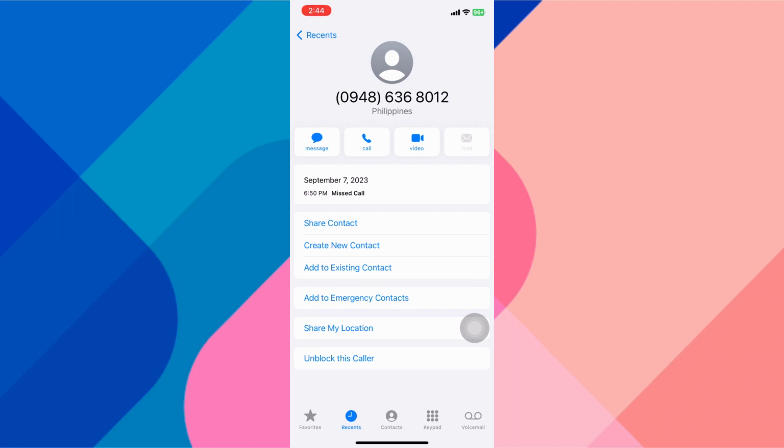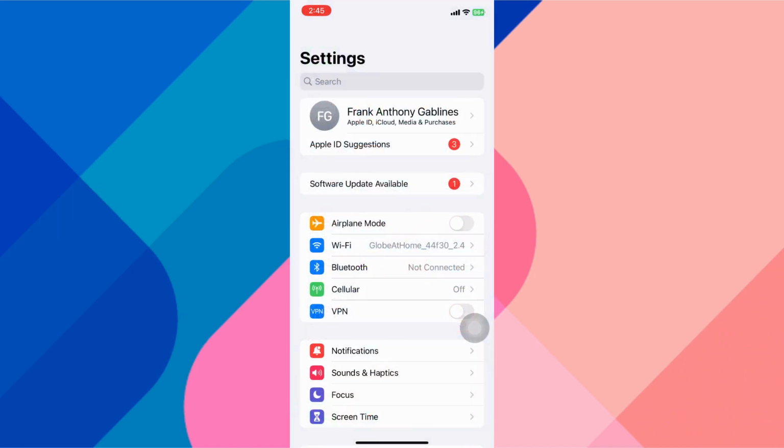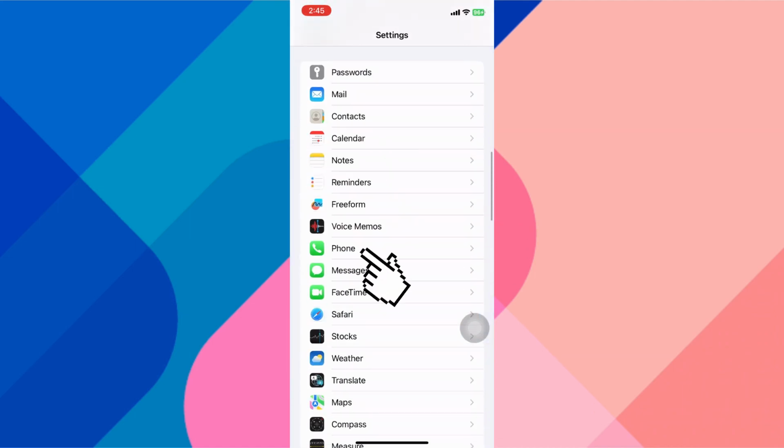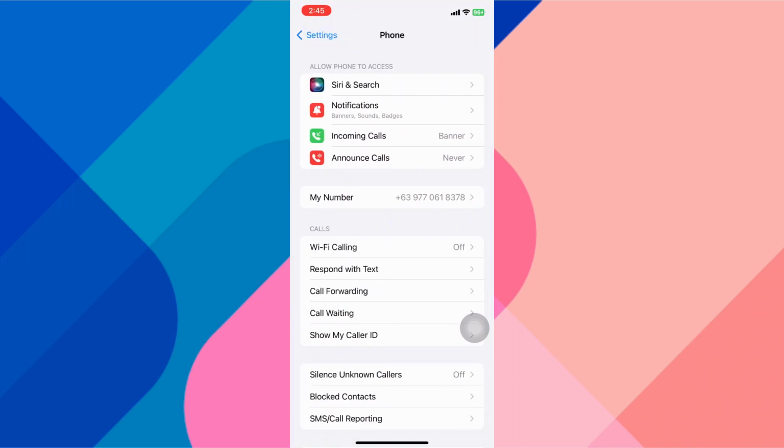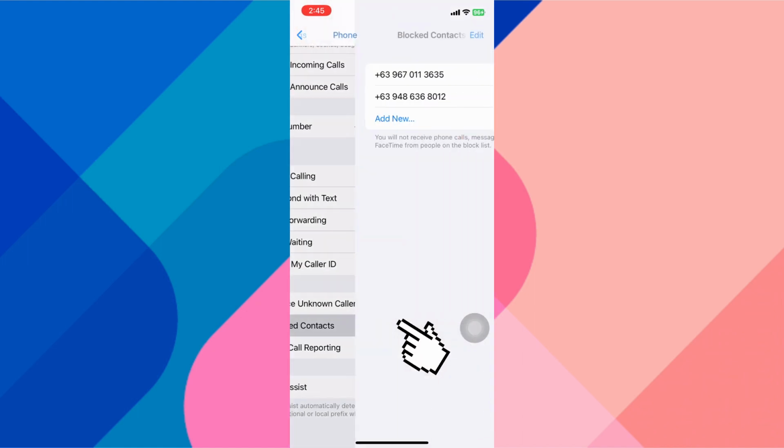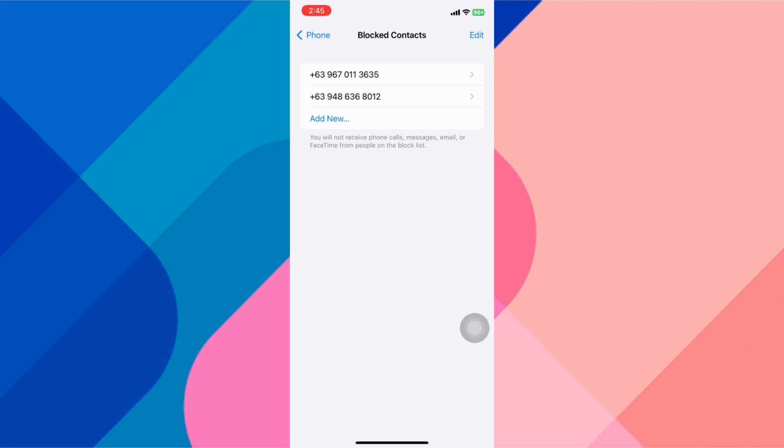If you want to go back into settings, you can go into phone here and then scroll down to block contacts. Here you can see the list of numbers that I block. You can actually just go to the bottom and go add new if you want to just type in somebody's phone number that you want to block. But this is a really good way to make it so that you're basically unreachable for one